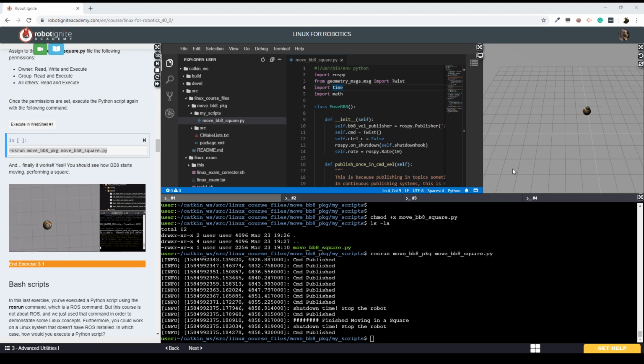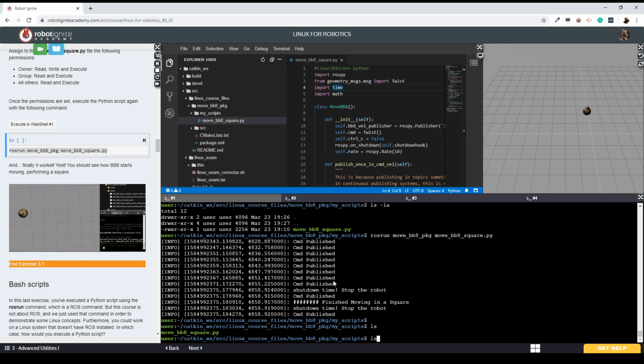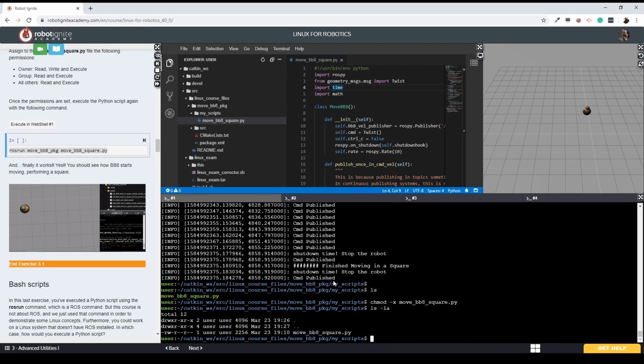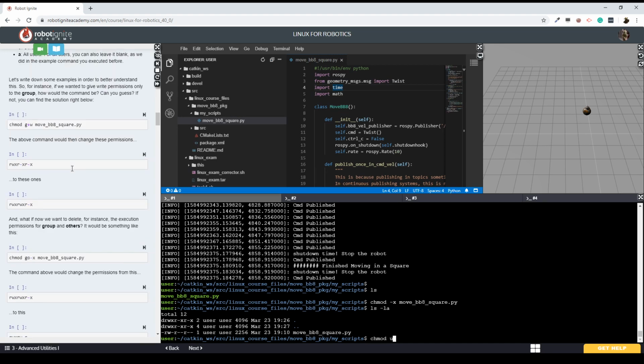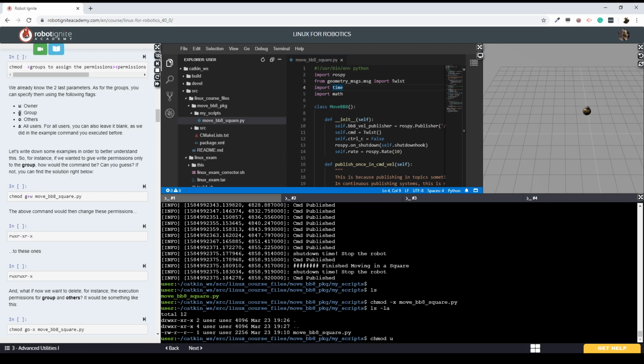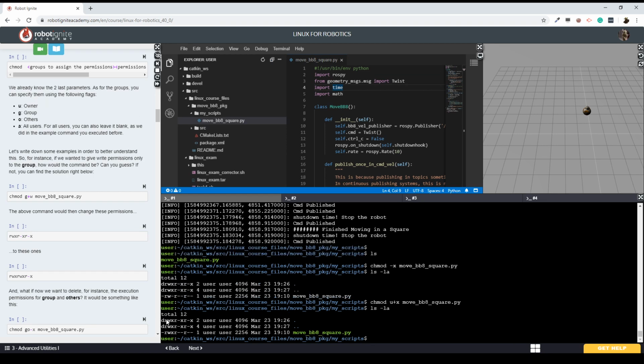Yeah, so here someone is asking, if you want to modify owner permissions only, how do you do it? Okay, so for that case, for instance, let me take out the execution permission here. Okay, so I have taken out the execution permissions. So for instance, here I can say chmod, I think it's u, I don't remember. Group. Yeah, letter u goes for owner, g for group, o for others, and a for all users. So if you say chmod u for owner plus x, and the name of the file, move BB8 square.py,